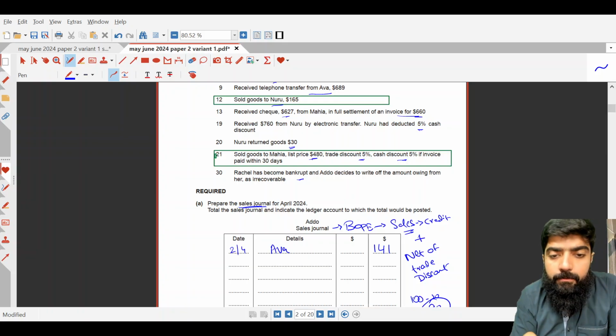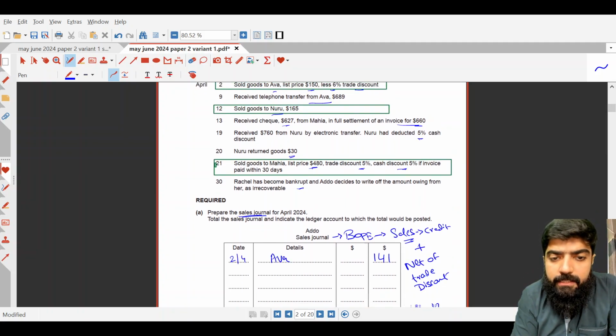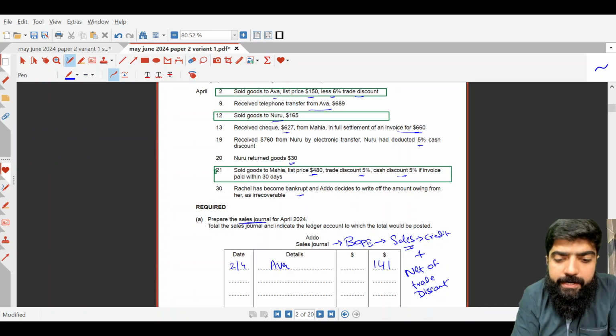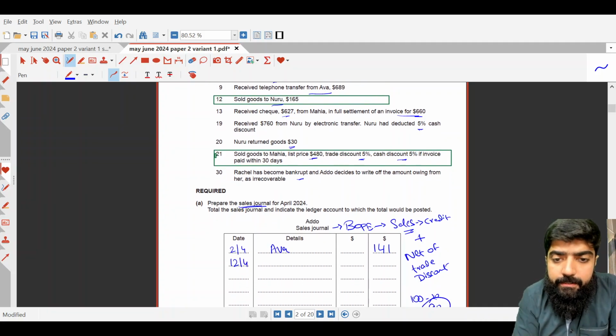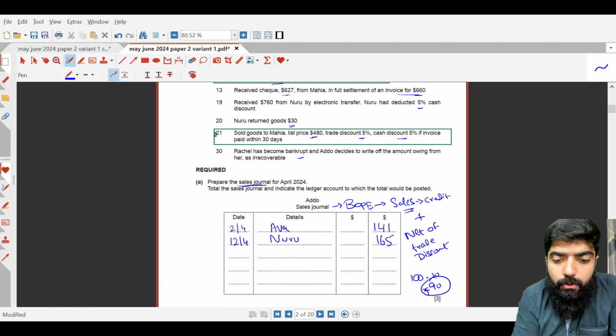Okay, great. Now, what will be the next transaction? That is after 2nd April, the 12th April, right? Yes. On 12th April, sold goods to Guru, 165. Guru will be 165 as a simple customer entry, because there is no discount. Then sold goods to